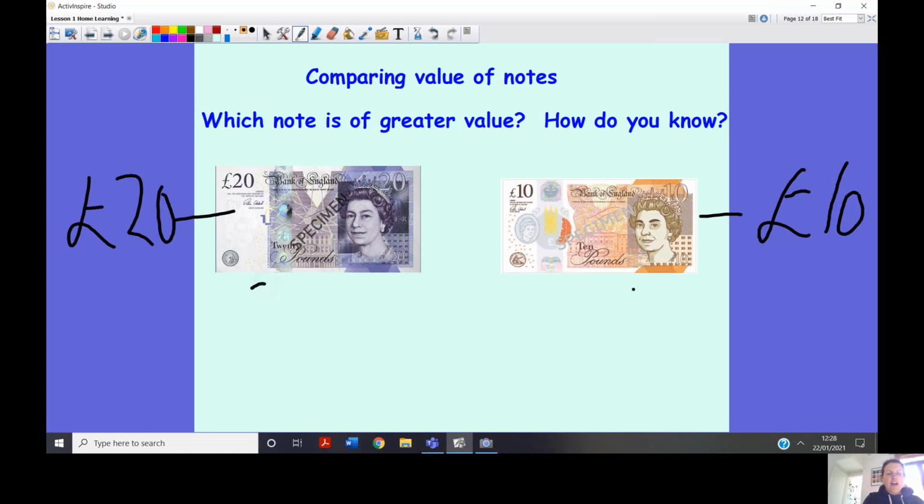This note is worth 20 times a £1. So one of those £1 coins, well, let me get one of these again. One of these £1 coins is worth £1 times 20. So imagine if you have £20, it's worth a £20 note. A £10 note is worth 10 times